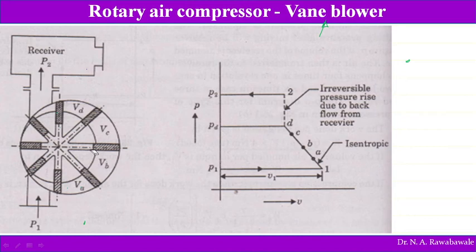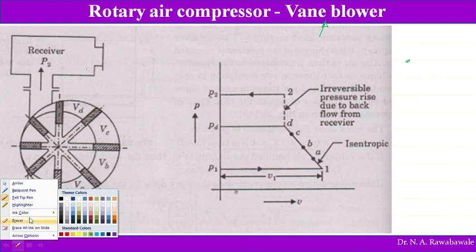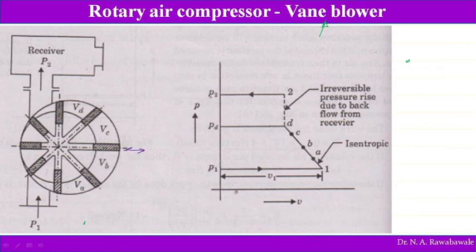One should know that these vanes are moving in the radial direction. Vanes move in the radial direction, and there is a spring behind the vane. So this is known as the vane, this is known as the rotor, here there is a spring, and this is called the casing. So this casing makes the vane move in the inward direction, and the spring forces the vane in the outward